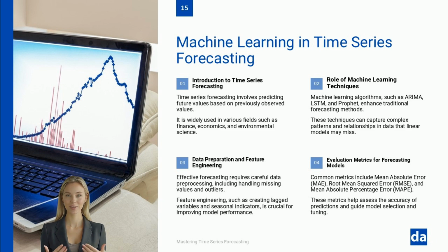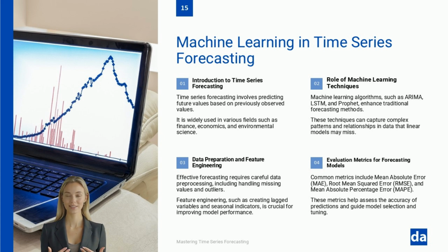Finally, we will touch on evaluation metrics for forecasting models. Common metrics such as mean absolute error, MAE, root mean squared error, RMSE, and mean absolute percentage error, MAPE, are essential for assessing the accuracy of our predictions. These metrics not only help us evaluate model performance, but also guide us in selecting and tuning the best models